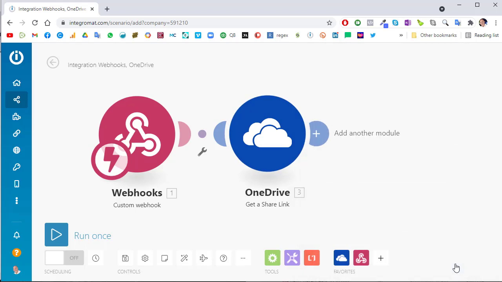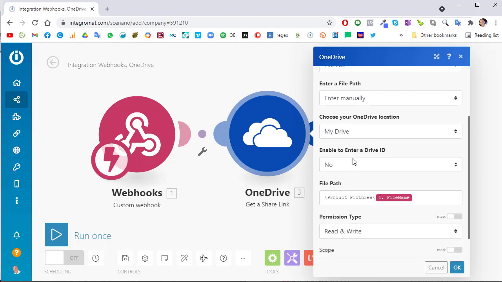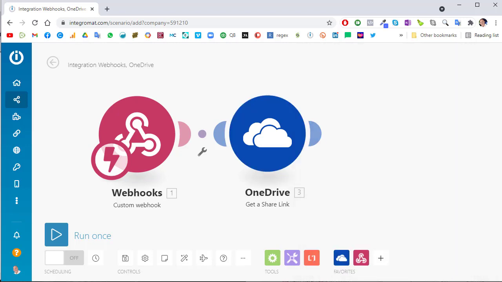Click OK. Now we have to add a response. Again, let's just go over that real quickly. Connect your OneDrive following all their procedures. Click on the file path. We want to enter that path manually. My Drive, we don't need to enter or enable ID. We don't need that. We do need the file path. We do need read and write here, and this is accessible to anyone who's in the list. Click OK. What that's going to do is generate the link,